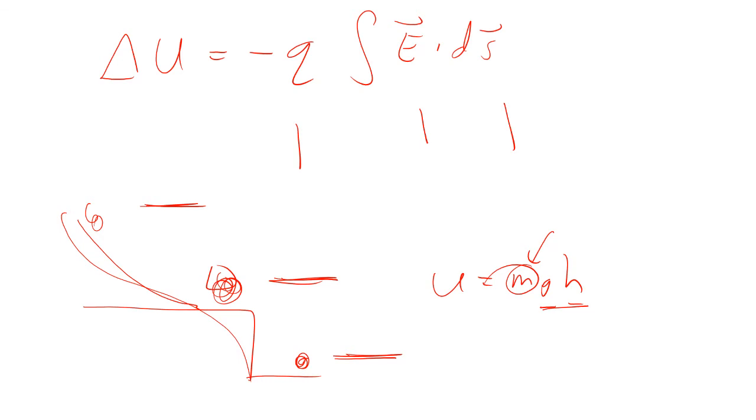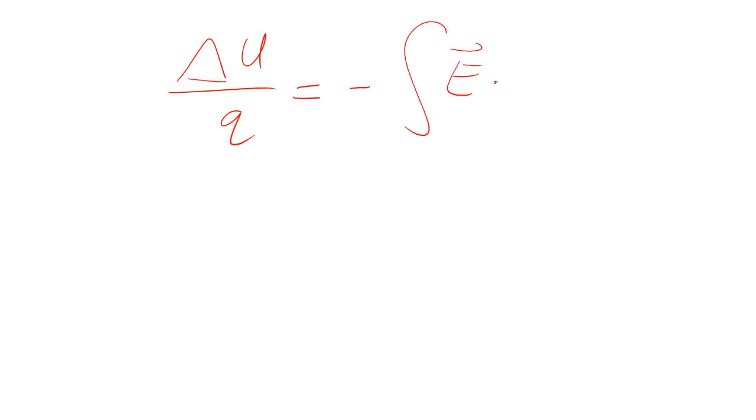And moving enormous numbers of electrons, there's no way of keeping track of each one. So what you do is you define something that is the change of energy per charge. And that's going to be equal to minus this integral E dot ds. Technically you put a little symbol in there to indicate you're integrating right along that line. But this right here, the change in potential energy per charge, we actually give a separate name to, and that